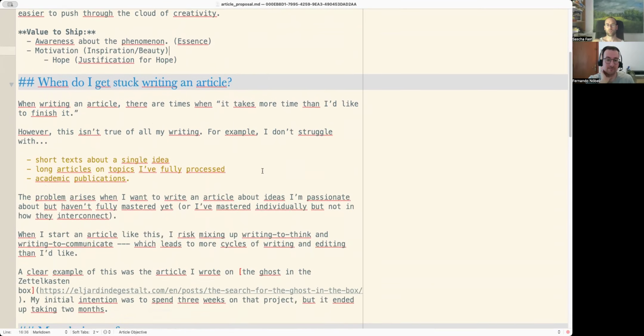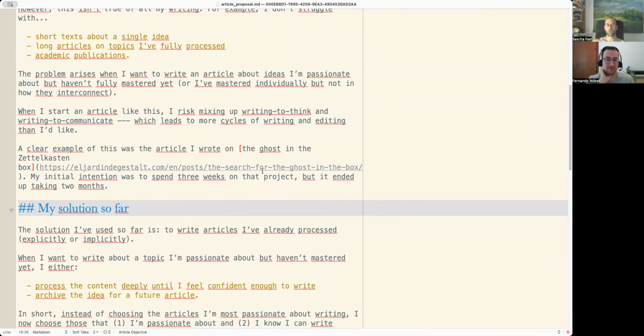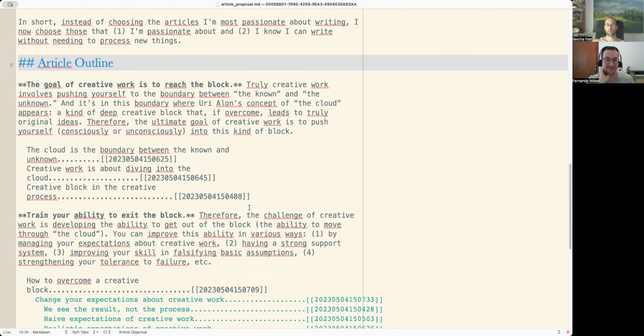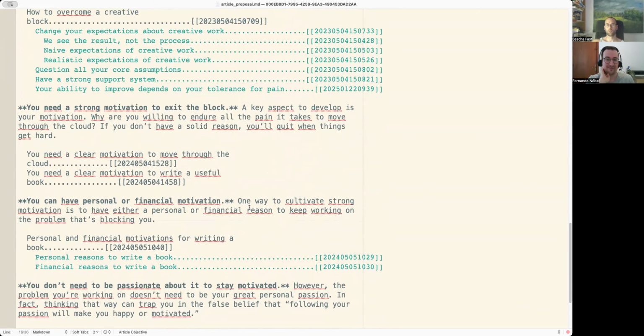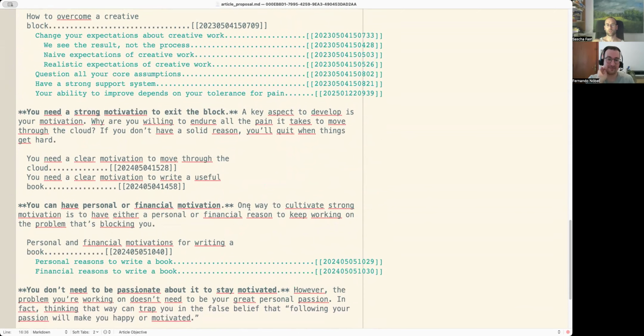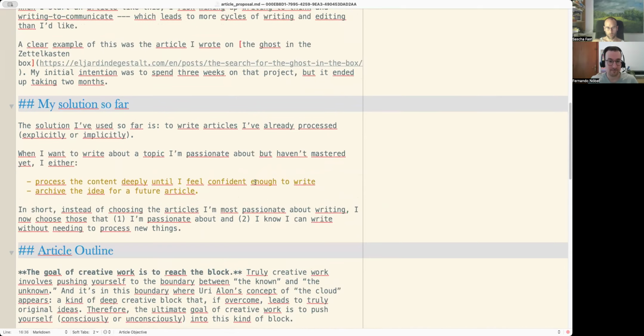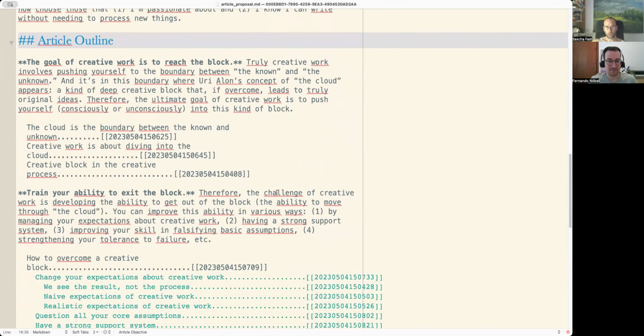One, two, one, two, one, two, one, two, one, two. So now that you hopefully read the complete thing,